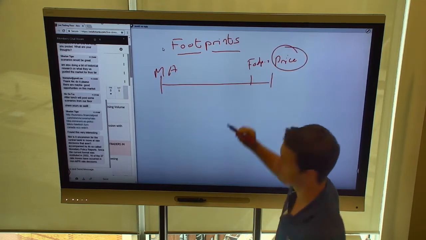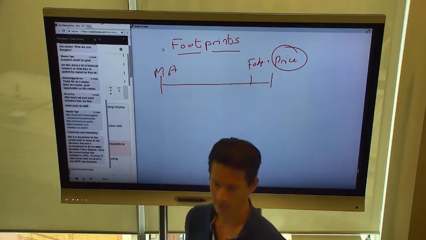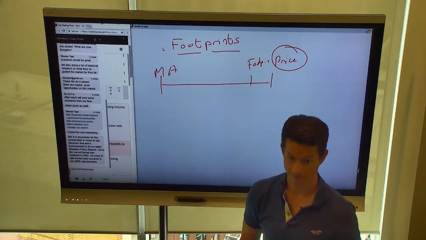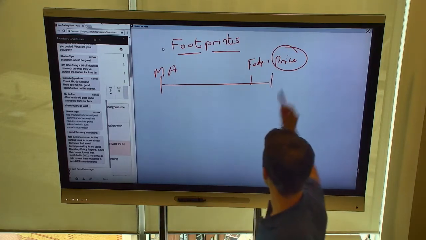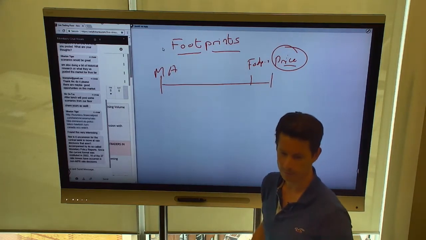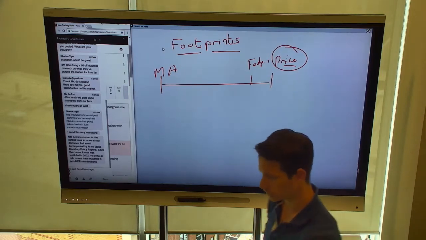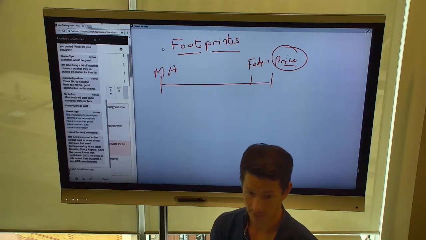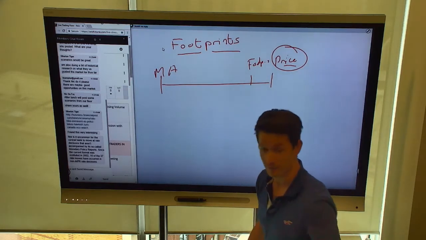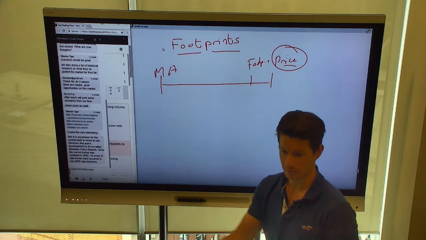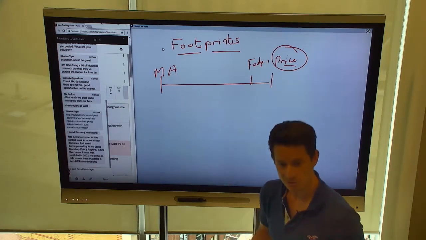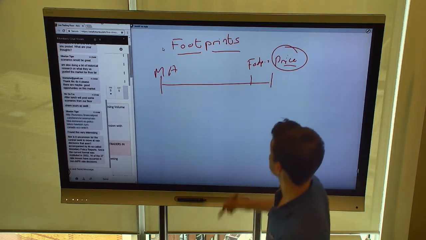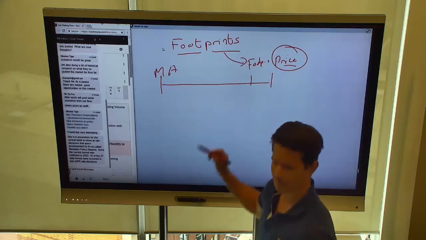Because for me, price is too quick. I'm not an algorithm, I'm not a computer, right? I don't say A plus B equals C. By that very nature, just paying attention to price is a bit too quick for me. Now, of course you can develop strategies just utilizing price. That's what the price ladder course is all about. And you can create very successful strategies just with the price ladder. For me as a trader, however, I'm a little bit more of a position trader or whatever you want to call it. So ultimately I need something that's a little bit slower.